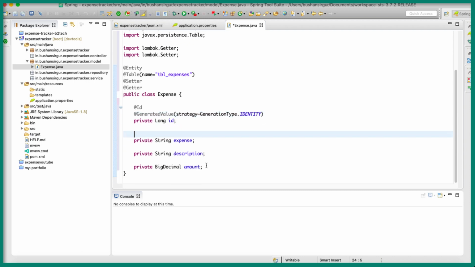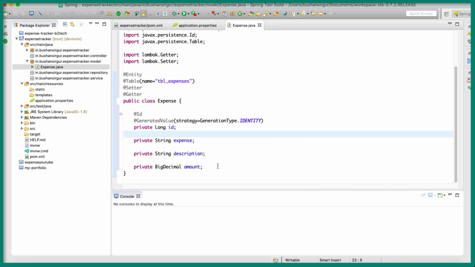I'm going to keep everything as it is. If your column name is different, then you need to specify the @Column annotation and specify the column name properly. Since I'm going to leave it as it is, inside our database table we should expect the column names: ID, expense, description, and amount.